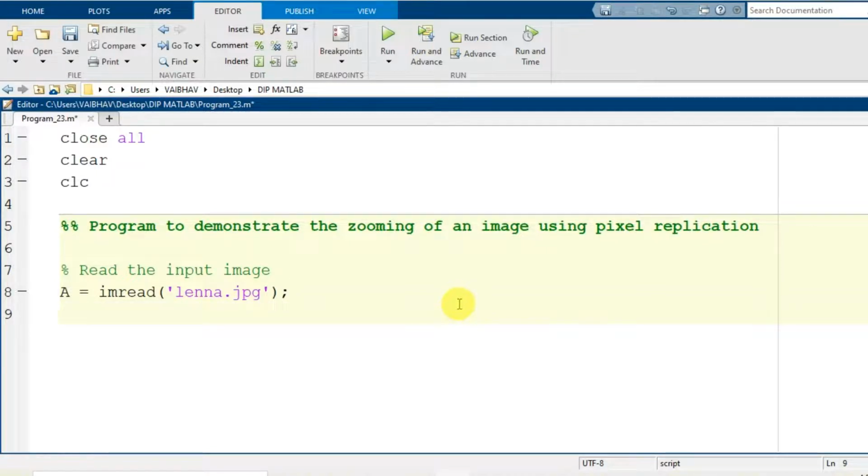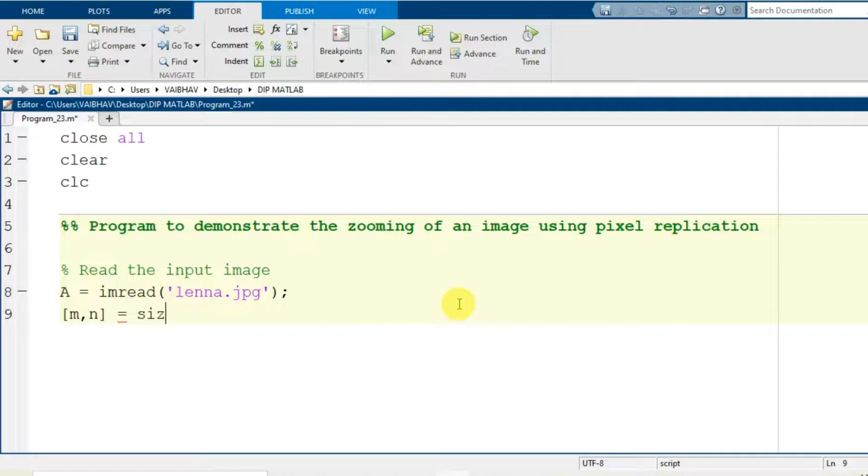After successful reading of the image into our MATLAB script, let us move forward with accomplishing the task. As we need to zoom the image, we should know the dimension of the current image to be zoomed and what the new dimension is. The two variables I'm going to generate, which will be very helpful for programming purposes, I name small m and small n.